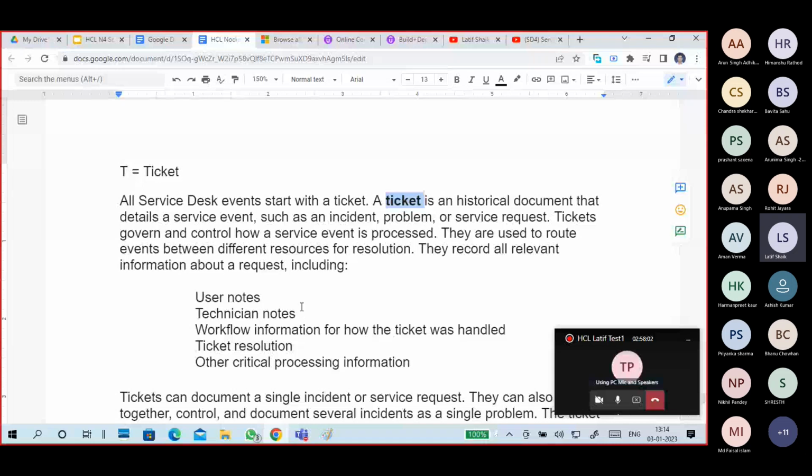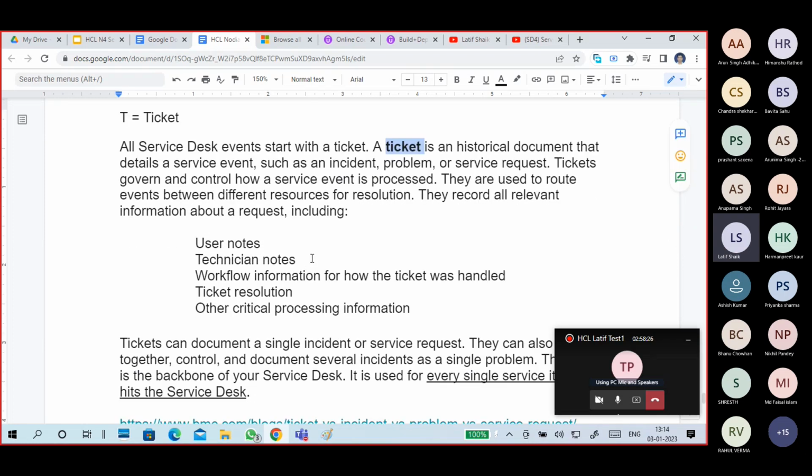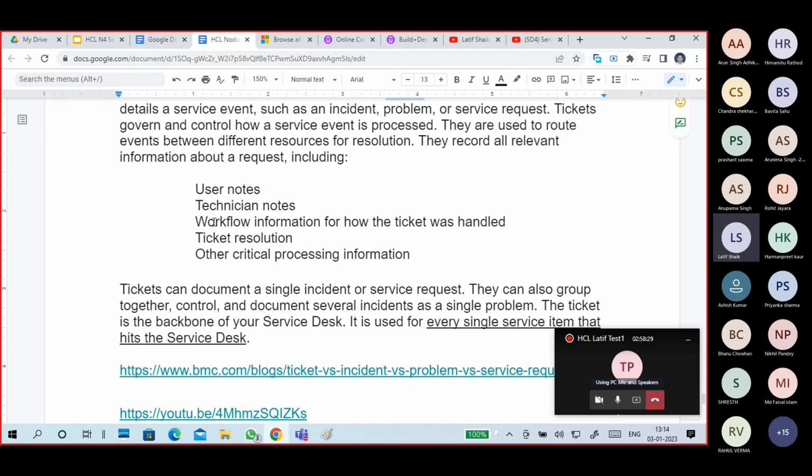It is a document with information about the incident, problem, or service request, including customer information, location, and what type of issue it is, whether an incident, a problem, or a service request, what its priority and impact are, and technician notes on how to resolve and handle the issue, workflow information, ticket resolution steps, and critical processing information.